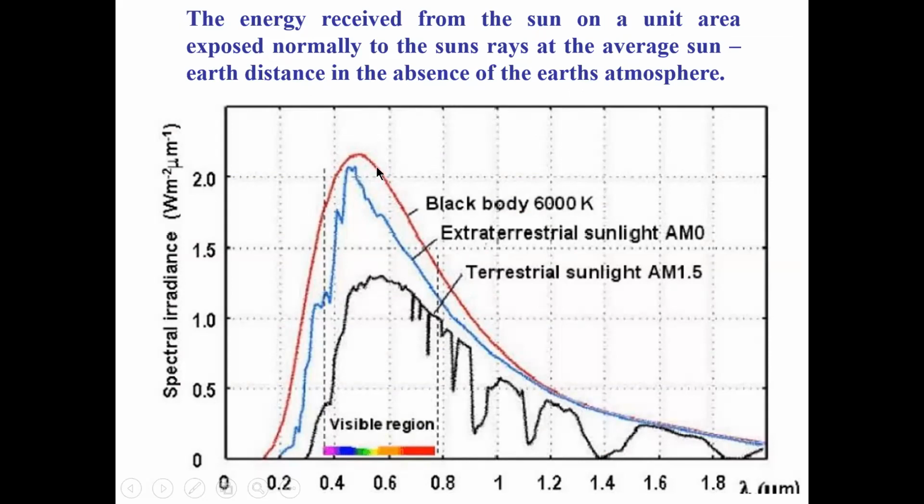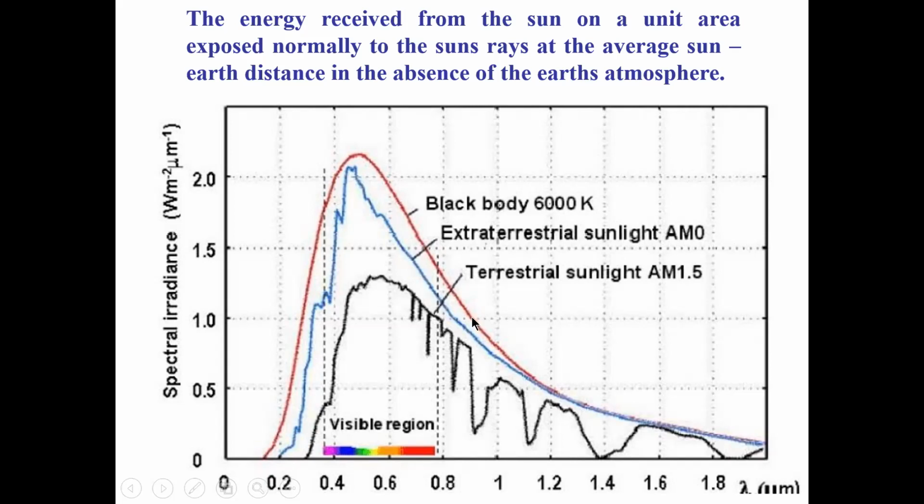outer layer, emitted by the sun. That is, the sun is nothing but a black body. 6,000 degrees Kelvin is the temperature, and extraterrestrial sunlight. Here this is a